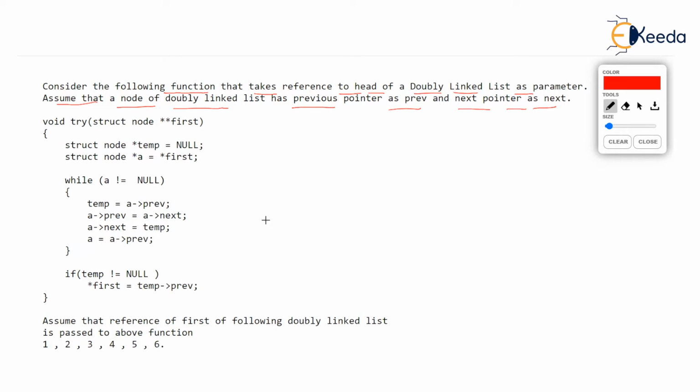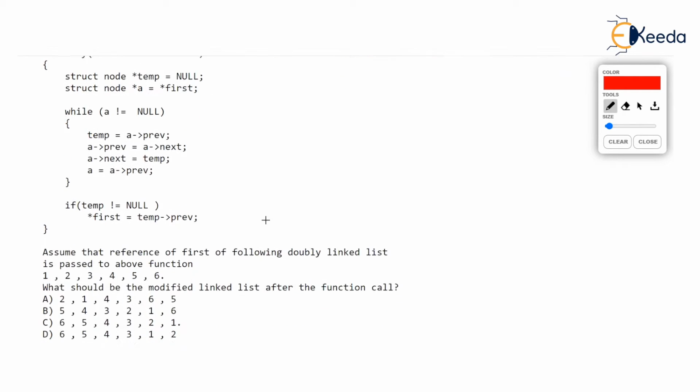Now the function has been given, and then what is written is: assume that the reference of the first pointer of the following doubly linked list is passed. What is the doubly linked list? You observe 1, 2, 3, 4, 5, 6. This is the data stored in the doubly linked list.